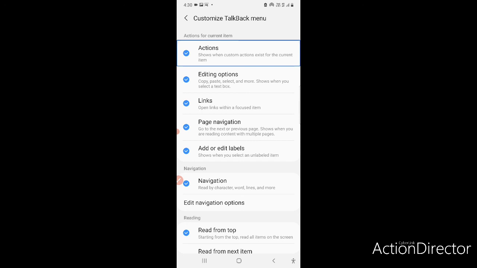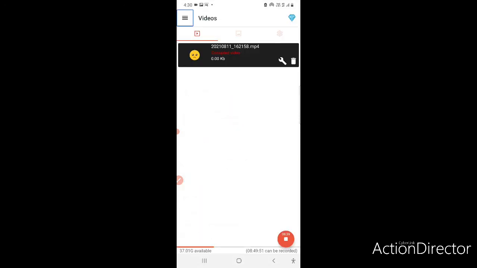There are many items. The video is going to become too long if I explain each and every one of them in detail. So that is how you can customize your talkback menu. Add as screen recorder. Open drawer. Button. Record. Reading controls. Button. Okay, you can customize it according to your needs and however you like. You can exclude whichever thing you want and include whichever thing you want.